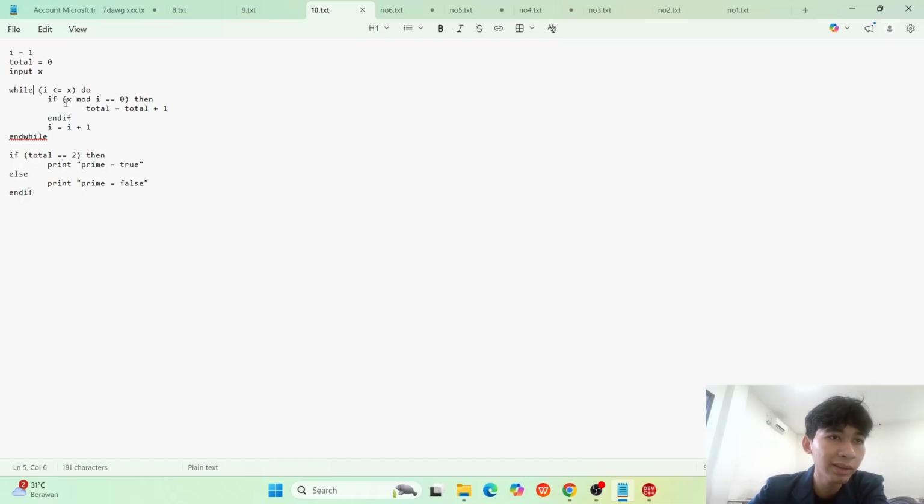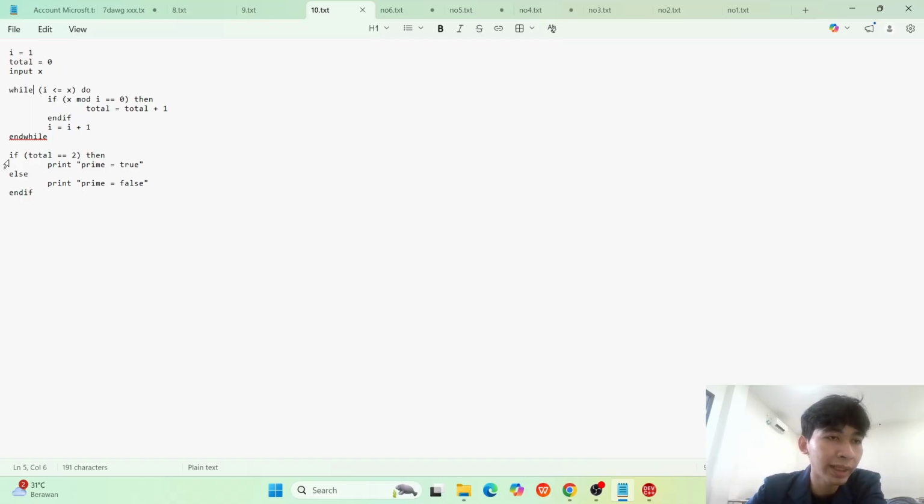Is it less than X? If X is still more than I, then this runs again. If X modulo I equals 0, then total counts up, running until I is bigger than the X value.